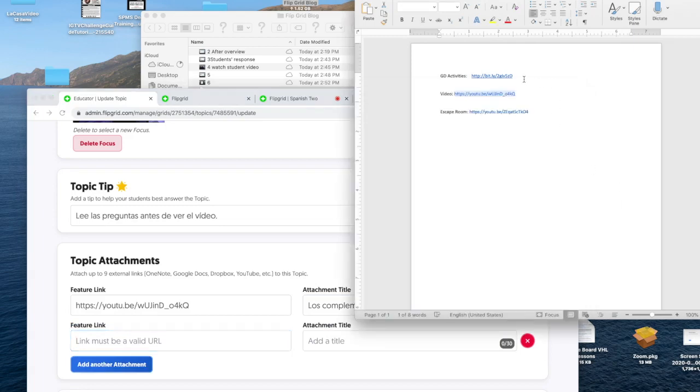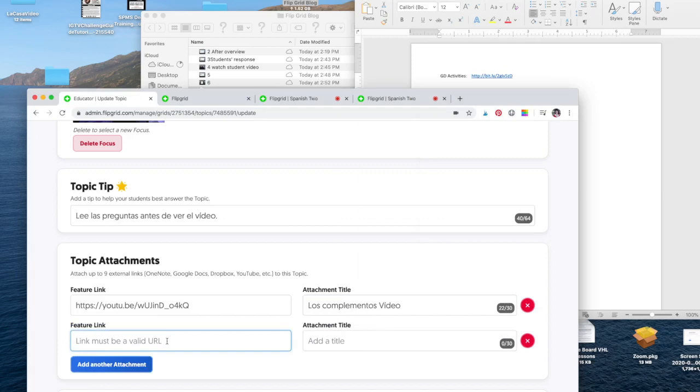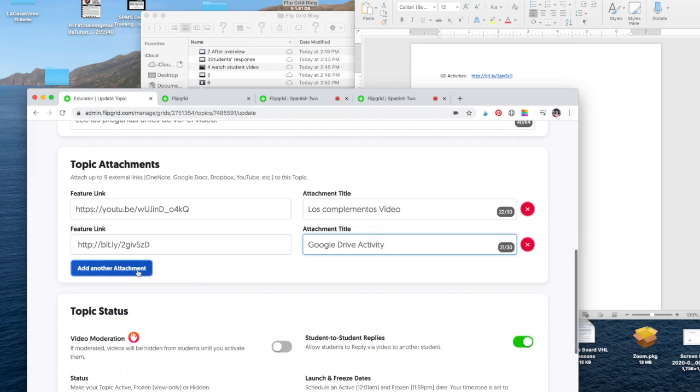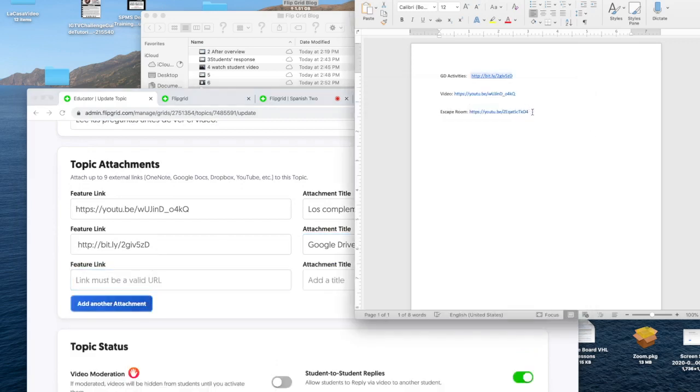And then I want them to do the Google Drive activity. And then I want them to do the escape room activity,